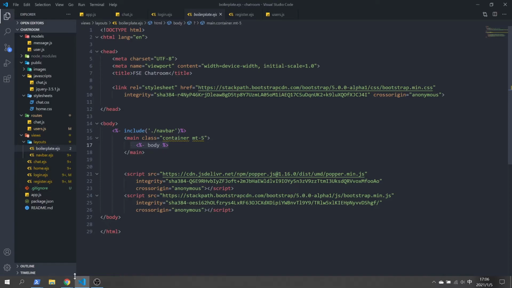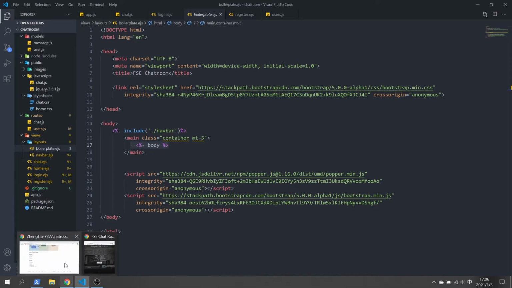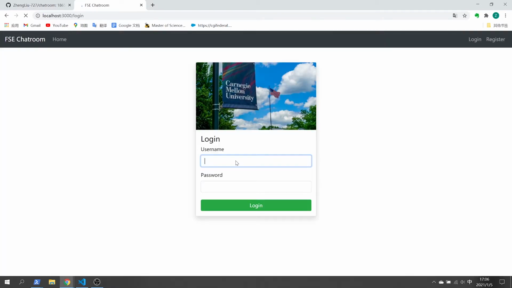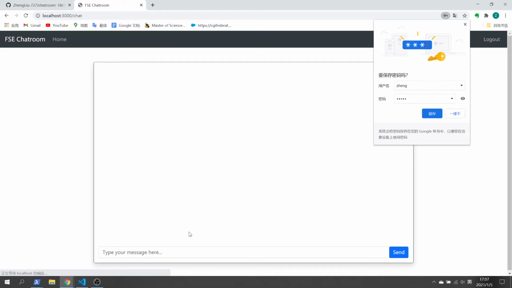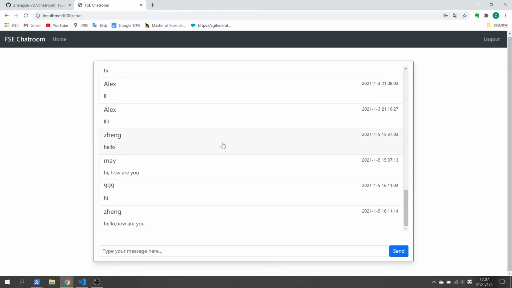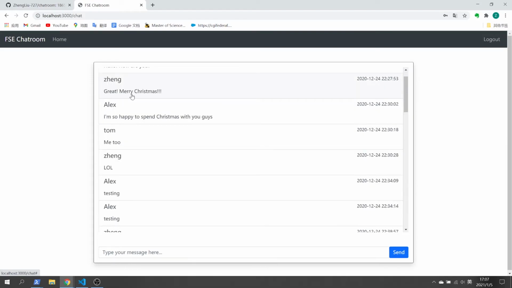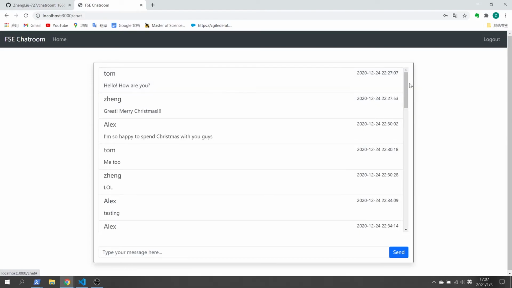And then I will show the demo of the application. First, I will log in. This is my account. Don't save, and I can see the old messages from last year, Christmas Day, and